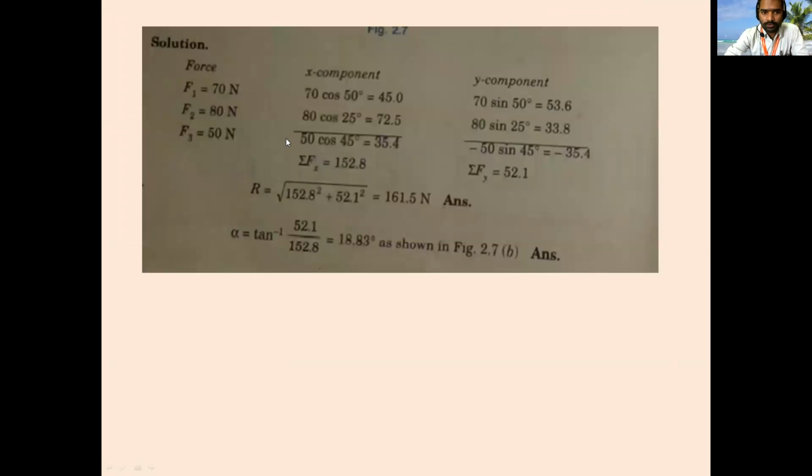Okay, I will solve this problem. In most of the problems up till now, you have seen the direction was given, the angle was given. Now in this problem, the angle was not given for some of the forces. What has been given is the slope. The slope of the first force and second force is given, the third force direction is given, and for the fourth force, the vertical angle is given. So how to determine this? All of you write down in your notebook.